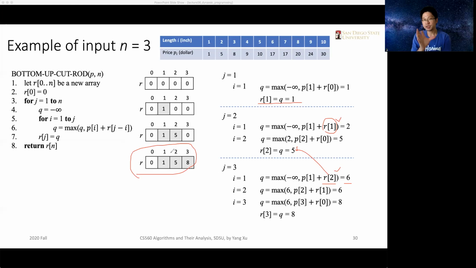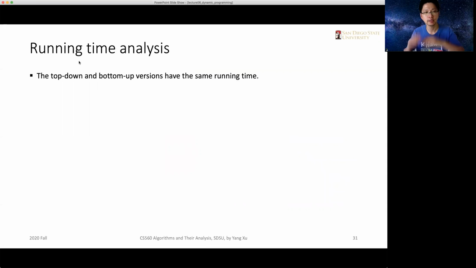And this time we can clearly see that in order to solve R3, we need to solve R1 first, and then R2 first. And lastly, we solve R3. So that is the very clear dependency between these subproblems. Okay, and we only solve each subproblem once, because when we want to know the results of a subproblem at a later stage, we simply use the array to look up that value. Right? We didn't do any recursive calls, so that will significantly save us time. Okay, that is the correctness of the